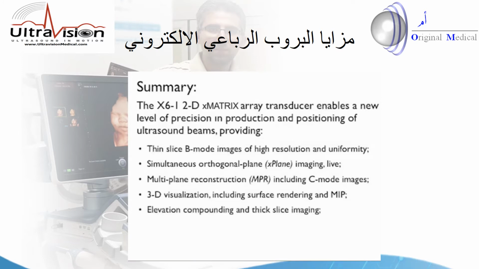We can do elevation compounding, which reduces speckle and improves contrast resolution, and Doppler and contrast modes are already available on this. And I think, above all, this new technology gives us a glimpse into what the future of ultrasound is going to be like, where